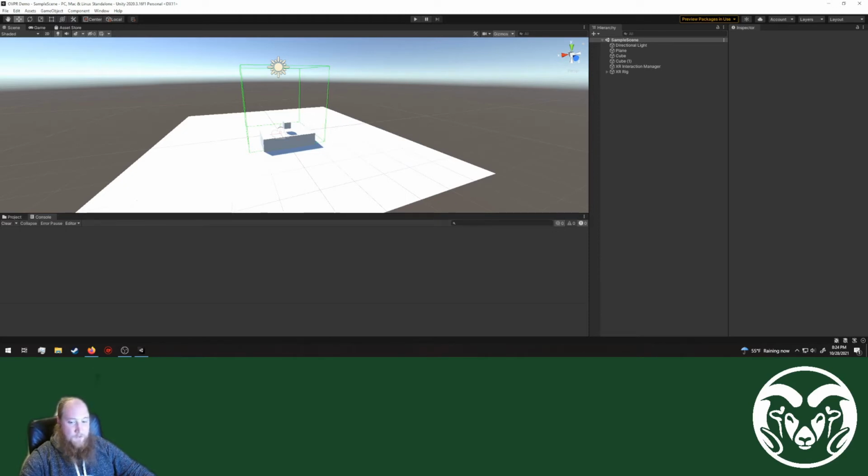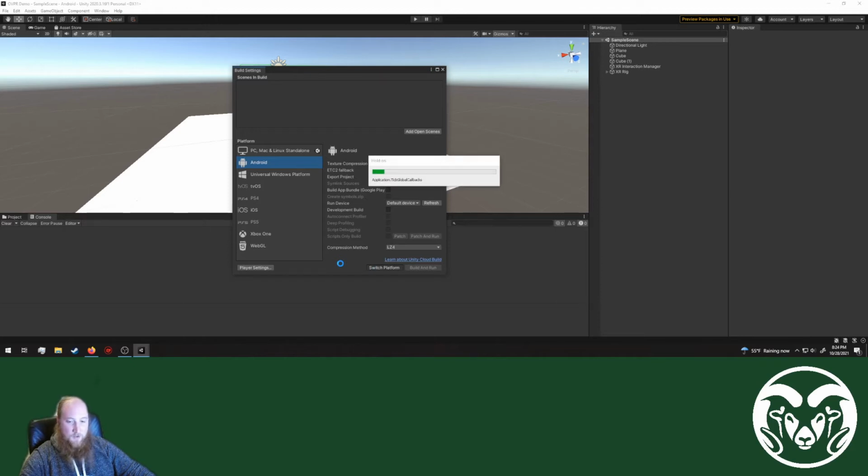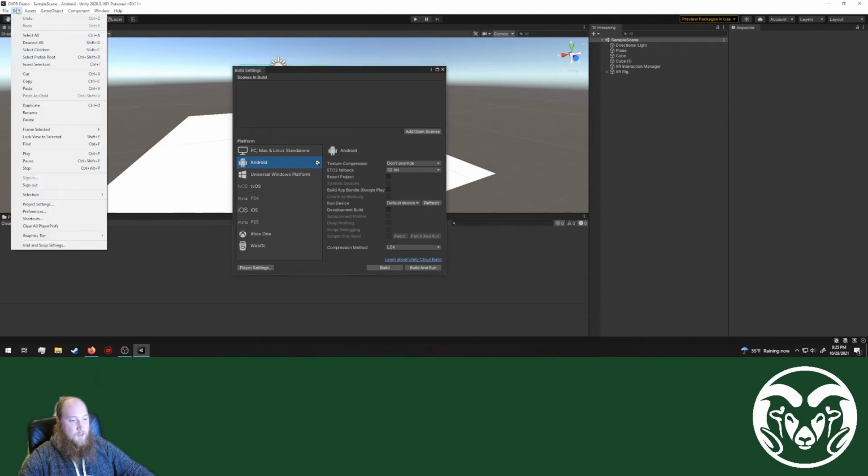Once you have enabled all of that, you can come into here and go to File, Build Settings, and then here we can select Android and then just choose to switch platform. It will take a moment to do so, and it might also restart Unity in the process. Once that is completed, there are a few other things that we're going to need to configure. First thing is going to be